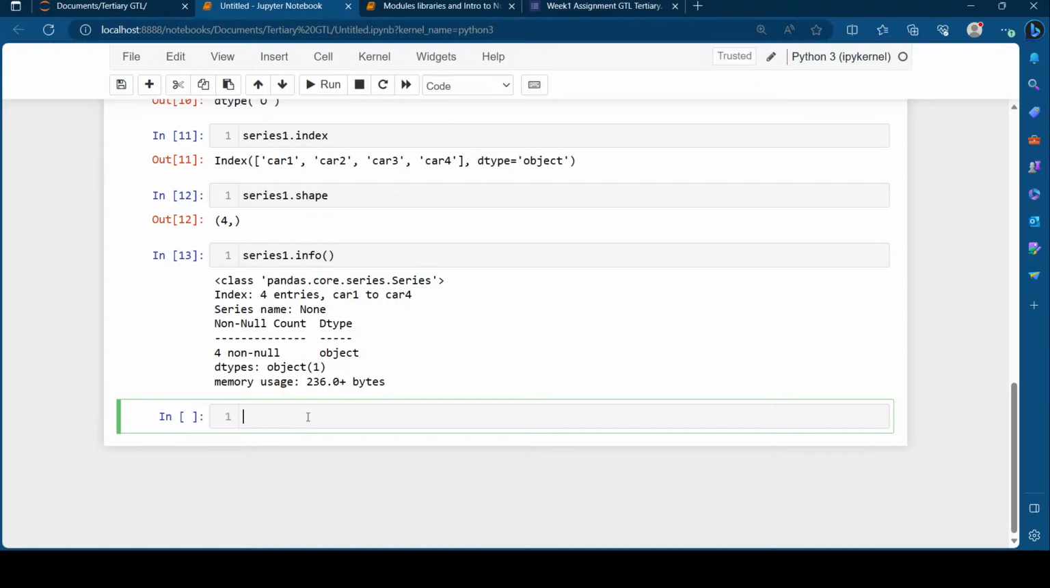We have to look at our data frame. I've told you what a data frame is. Then we'll look at how to create one. When we're creating a series, we just called pandas dot what? Series. So in creating a data frame, we'll look at pandas dot